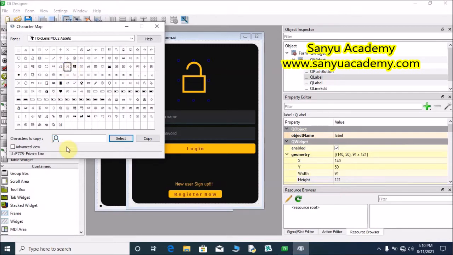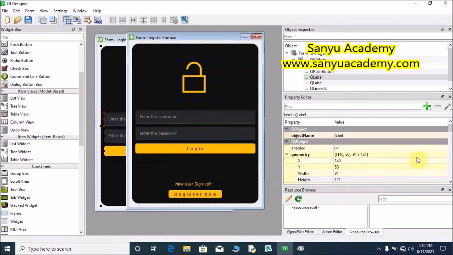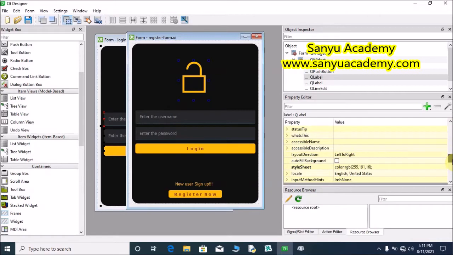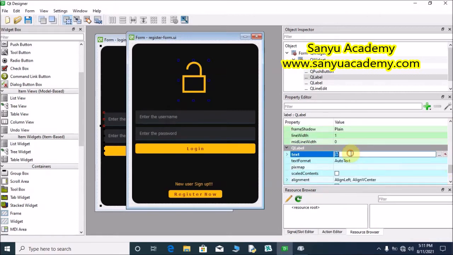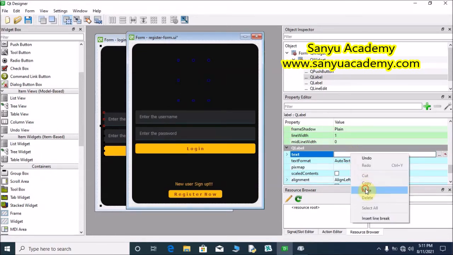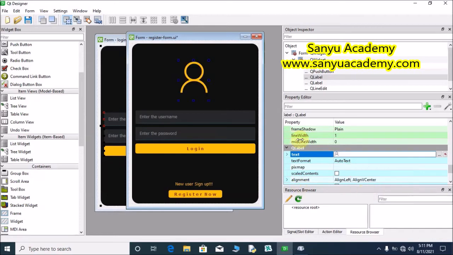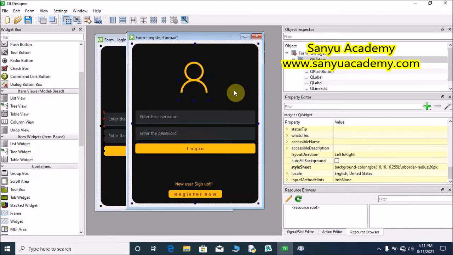Double click this, select this and select copy. Select the label, go to the text, select the lock and remove it. Backspace button and right click, paste. Now we have the user icon.